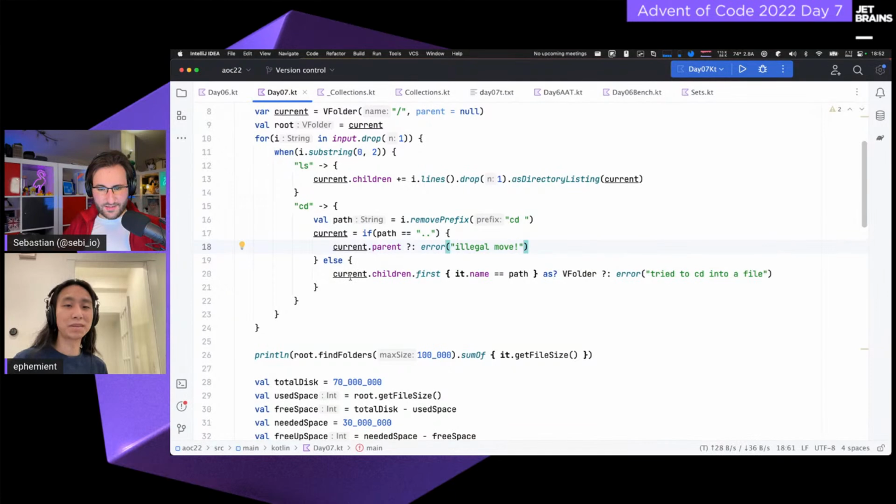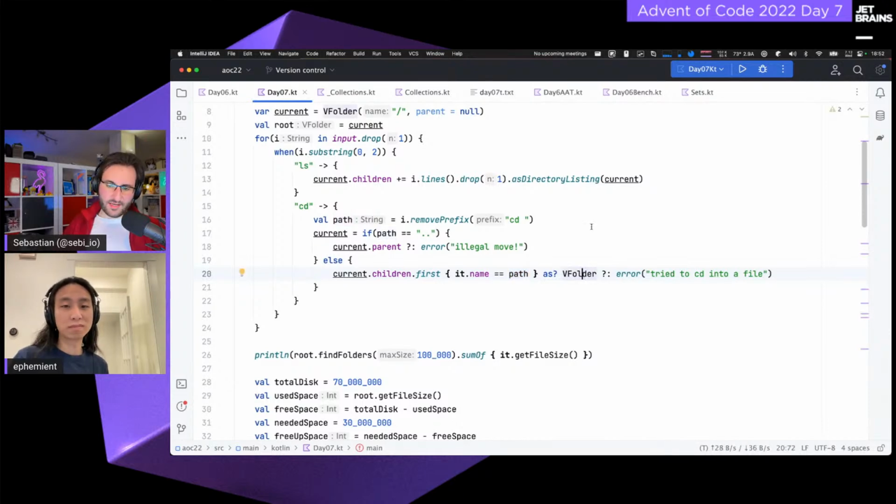Otherwise, we need to find the node that we are navigating into, which I do with a little bit of a search for the first one where the name is the same as the one that we have been requested.